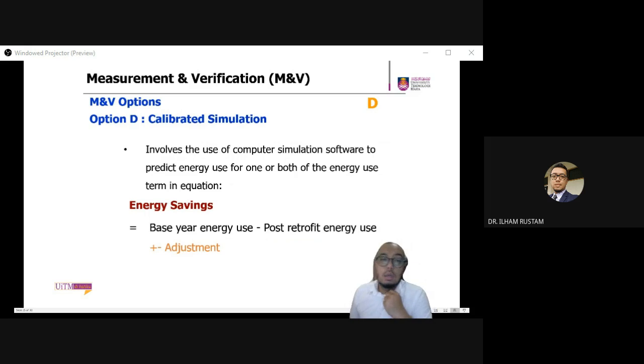Okay, and then option D, which is the last one, which is not preferable, but if you don't have the access, you don't have the money, you aren't able to stop the machine from working for you to install the meter, then you can do simulation, calibrated simulation, basically using computer simulation software that uses the same machinery that operates the same amount of, basically you have to be very specific lah for that simulation to be accurate. Itu pun with the same machinery apa semua pun still with the